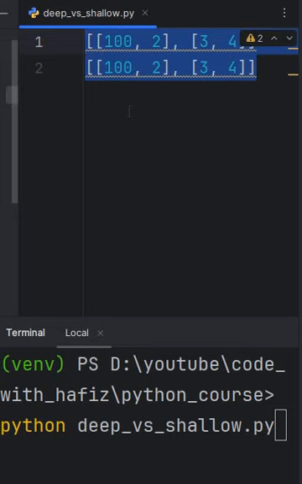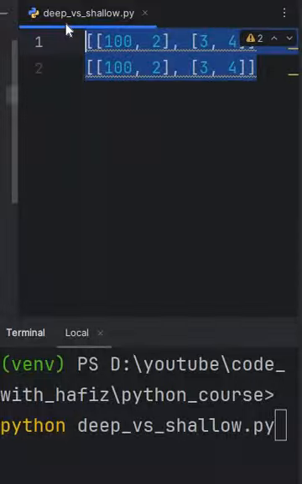These two lists look the same, but changing one changes the other. Why? Because we have the concept of deep copy and shallow copy in Python. Shallow copy means it copies the reference, and deep copy means it copies everything. Shallow copy basically copies the links inside, and the deep copy is independent.